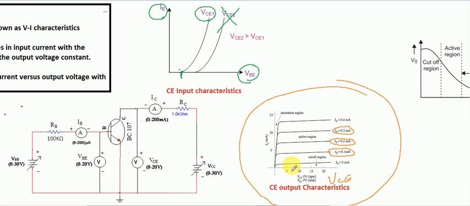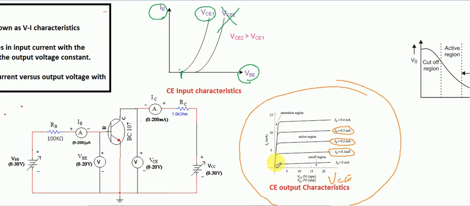In this, you can see three regions marked there. One is known as the cut-off region, the next is the active region, and the last one is the saturation region. What are all these regions? The saturation region is located very close to the zero voltage axis, where all output plots coincide. You can see all the output characteristics coincide till that particular value.